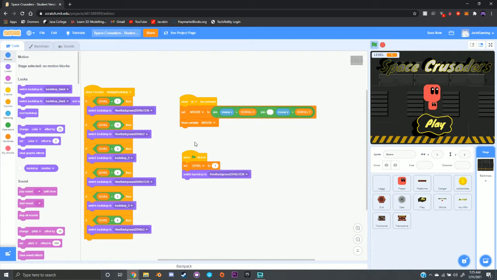When you have it up, we're looking for this little block of code that I am moving around right now: when the green flag is clicked, set level to 1, switch backdrop to new background. So once you see this one right here,